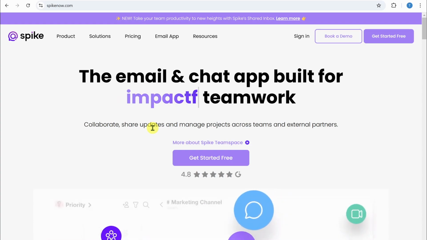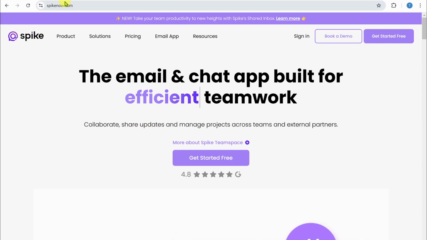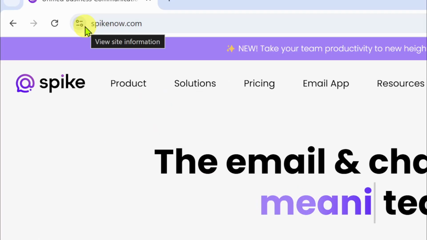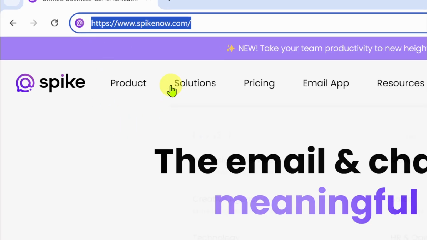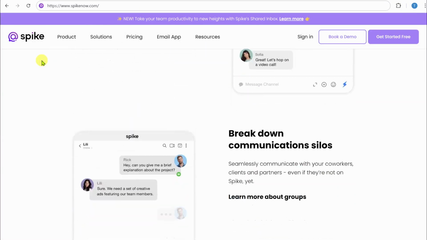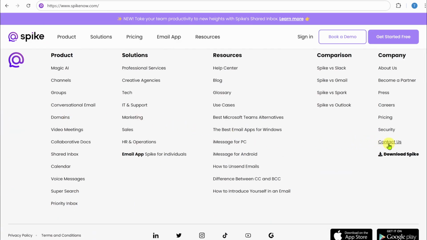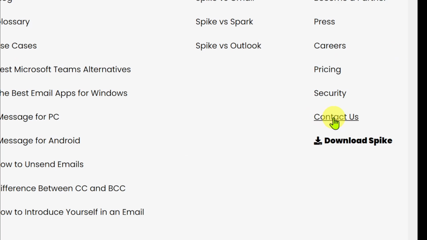So if your account has been banned from Spike and you want to unban or activate your account, what you can do is just come to the official website of spikenowwebs.com, and after you open up this website, simply scroll down till the end, and from here simply click on this contact us button,